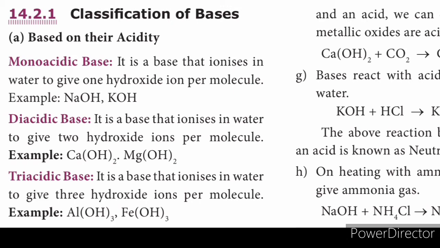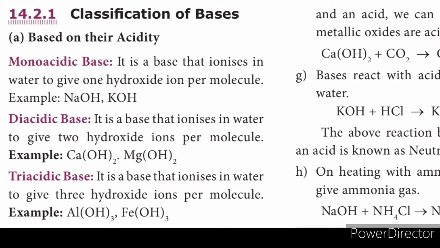For example, detergents come under bases. That is, they will have replaceable hydroxide ions, whereas acid has hydrogen ions. Acid has H plus ions as its replaceable atom, whereas bases will have OH minus ions. So today we will see the classification of bases.